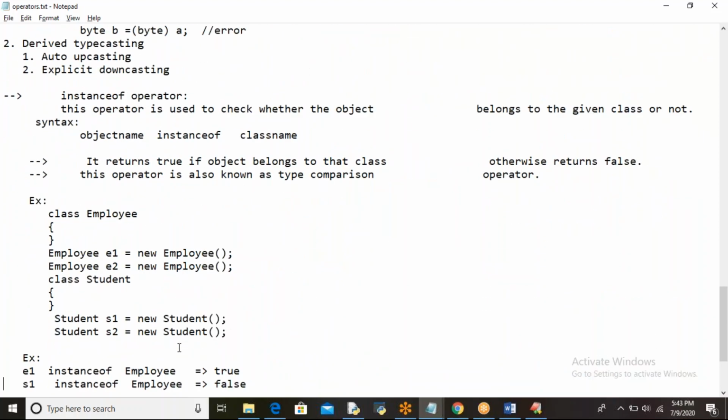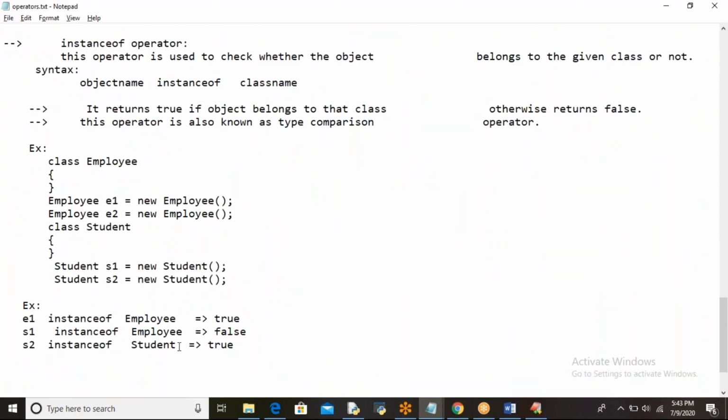And coming to the last one, the instanceof operator. Generally the instanceof operator is used to check whether the object belongs to the given class or not. It returns true if the object belongs to that class, otherwise it returns false. Got it?